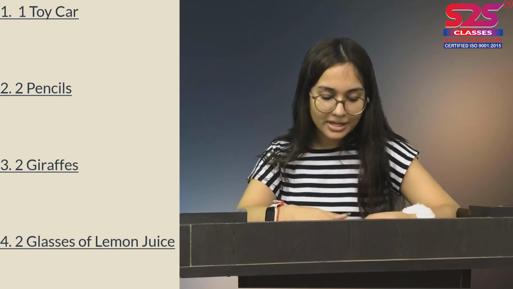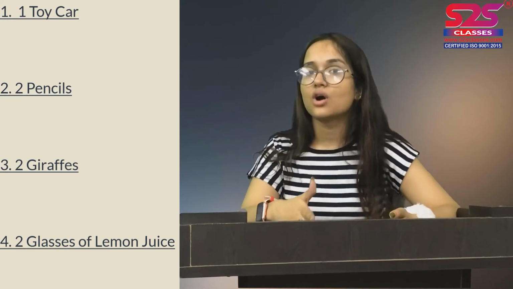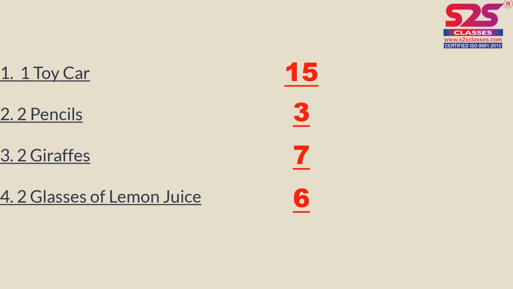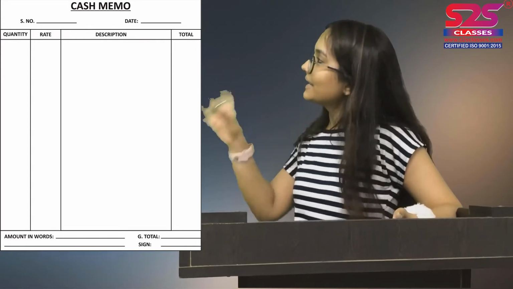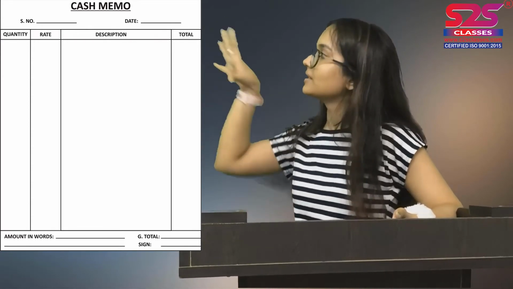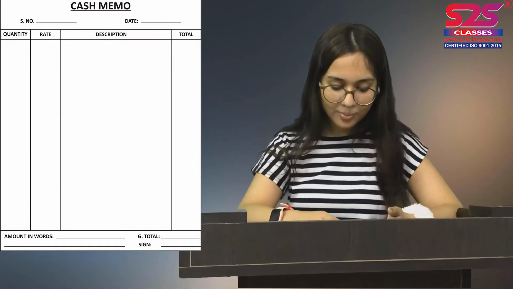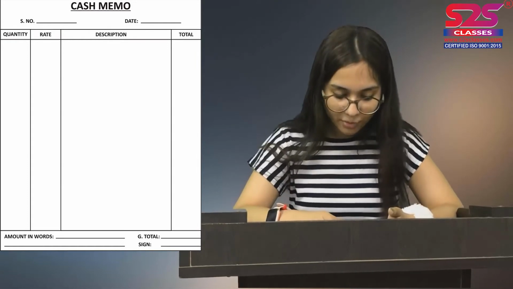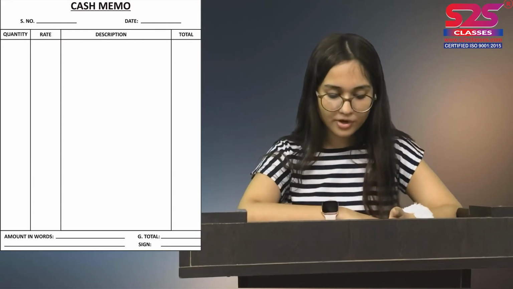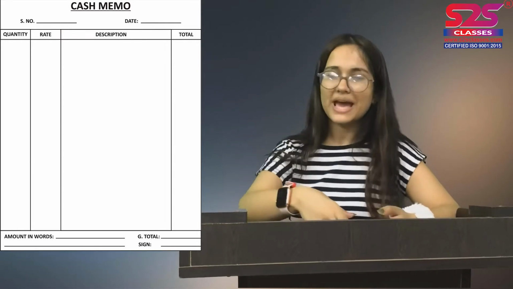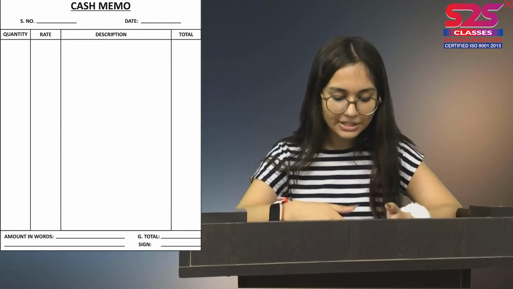So all these calculations are completely based on the amounts given of the different items as well as when we are adding or subtracting them. So now what we need to do is prepare a cash memo, that is kind of a bill. You write the item, the quantity you purchased, the price, and then we add it to become a total. Before this, Monu has prepared the cash memos for us, but there is some error in the cash memo and thus we need to correct it.